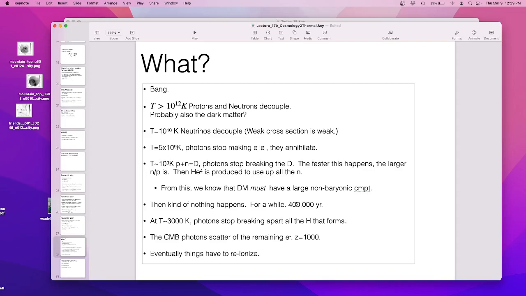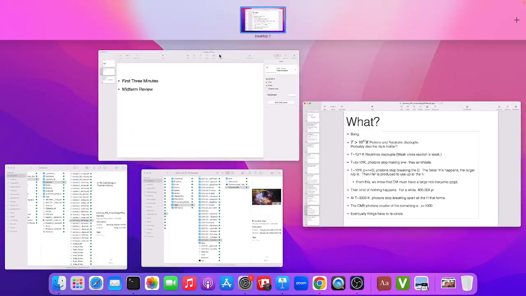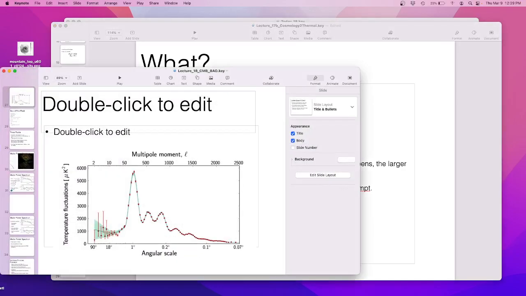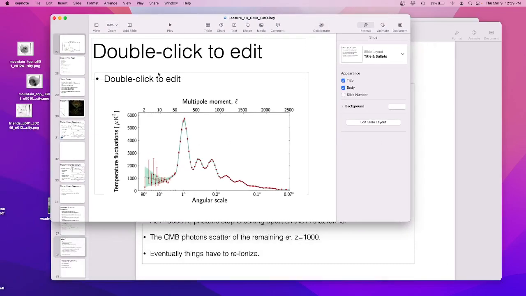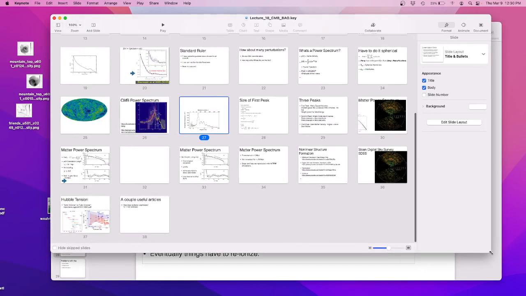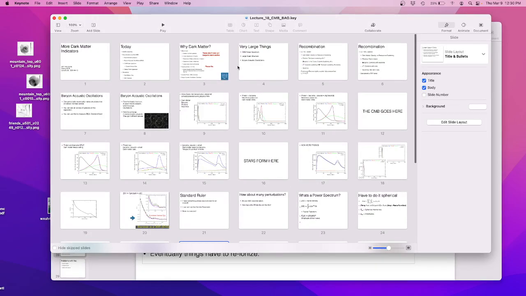Okay, I got 20 minutes left. Let me talk about the CMB for a minute. I forgot. Bear with me for a second. I forgot to put those slides. I think they're here. Well, there it is. Bear with me one second. I forgot what's in this slide deck. Oh, yeah.